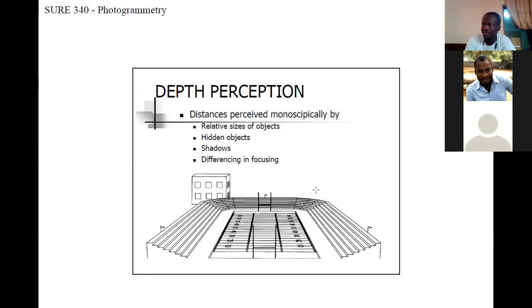Okay, so I was talking about depth, remember? Depth is how far something is, how deep something is. Are you okay? All right, so how do we perceive that? We use shadows, hidden objects. When you use just one eye, you can only see something as far away if it is covered by something. So if your sister is standing in front of you,